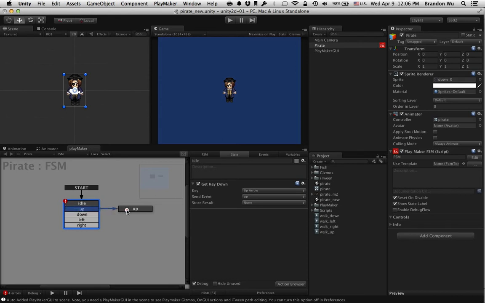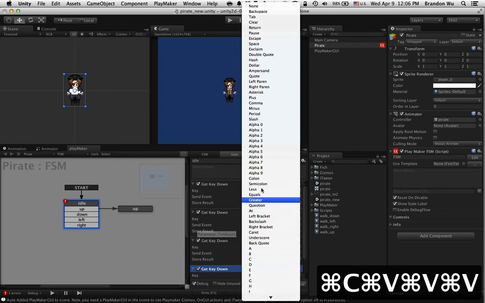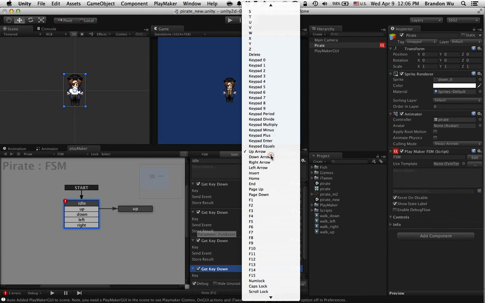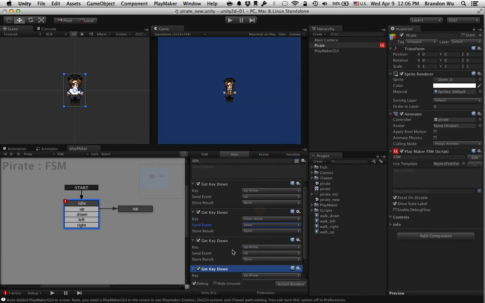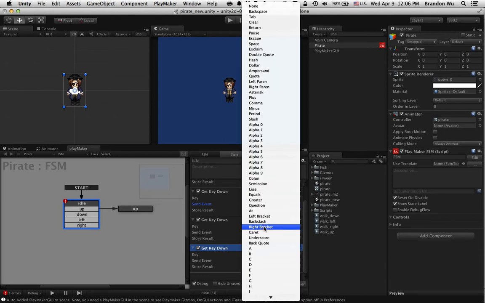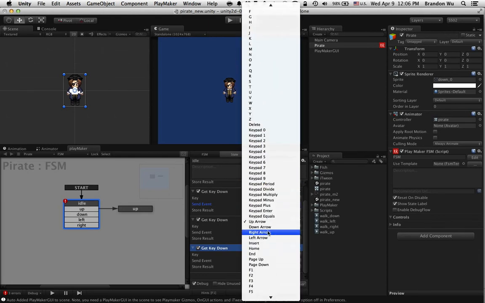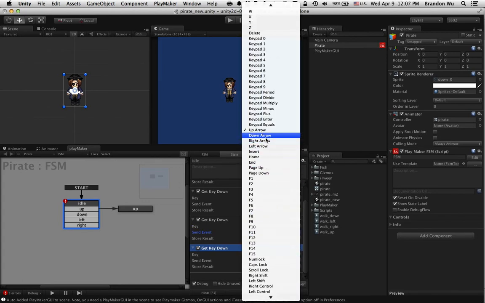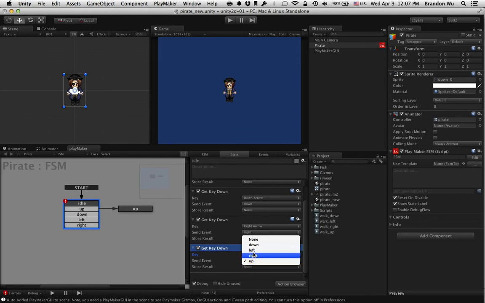Okay, so when people press the up arrow, we're going to send them to the up state. Okay, and I'm just going to copy and paste this a few times, and then let's do all the other keys as well. Down arrow is going to send people to the down transition, which goes to the down event, the down state that we'll do next. Let's hook up these keys. So the right arrow goes right, left arrow goes obviously left. Okay,